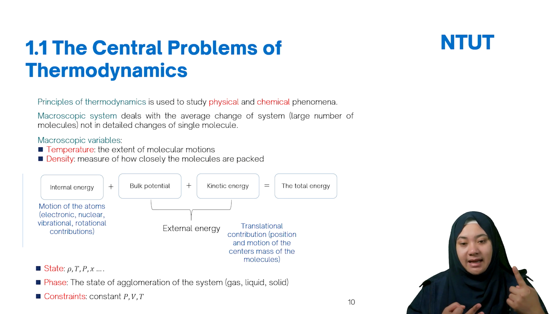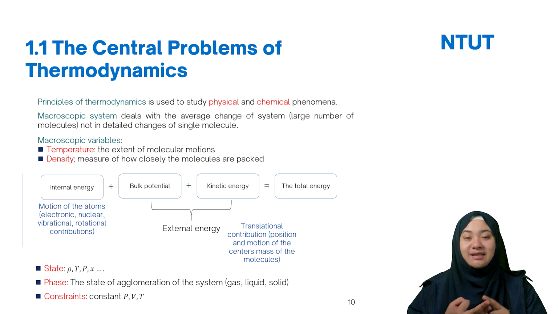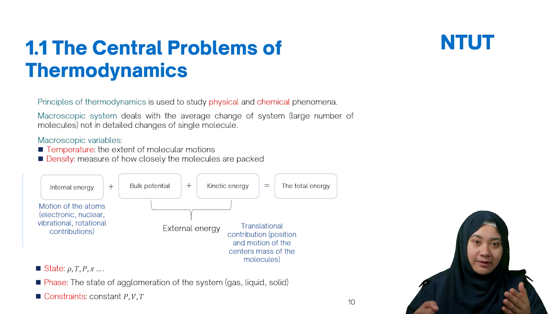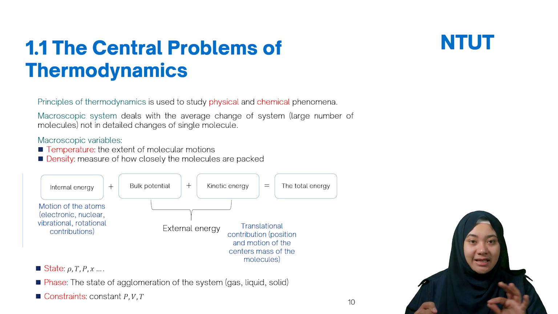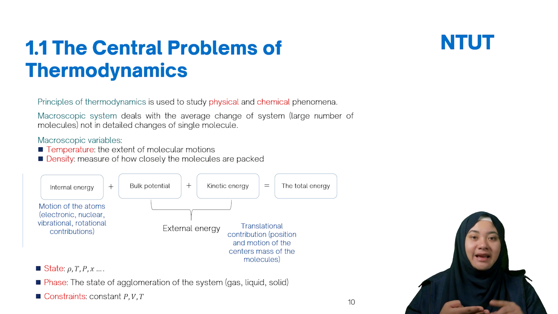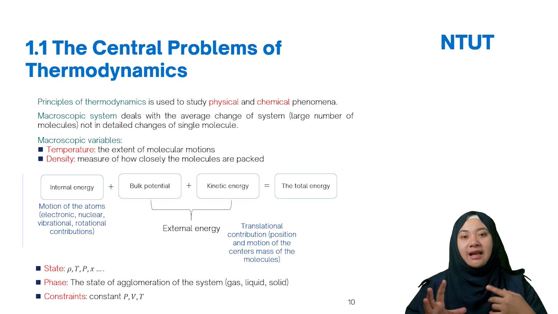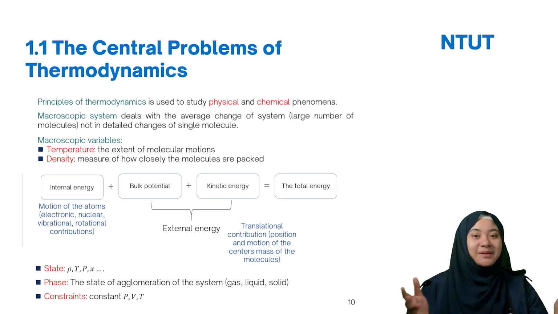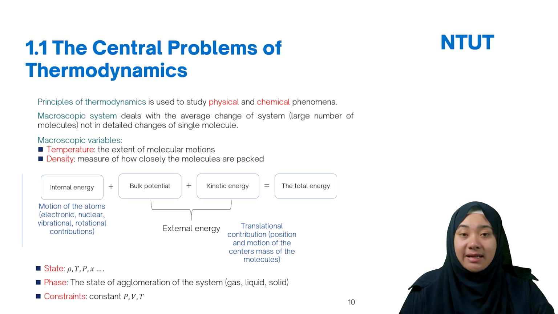And then the other is isochoric. Isochoric means the volume is constant, V1 equals V2 equals V. This is what we call iso. Iso is Greek; it means same. Another is isentropic. Isentropic means entropy is similar, S1 equals S2. Then for enthalpy, isenthalpic, H1 equals H2. So there are many kinds of constraints that you can control in thermodynamics.